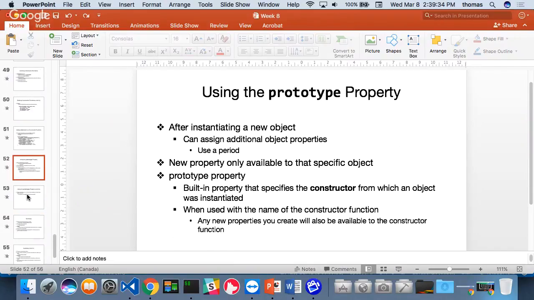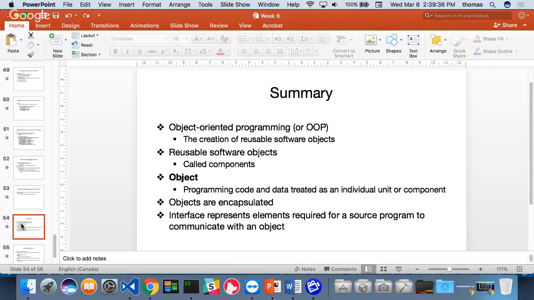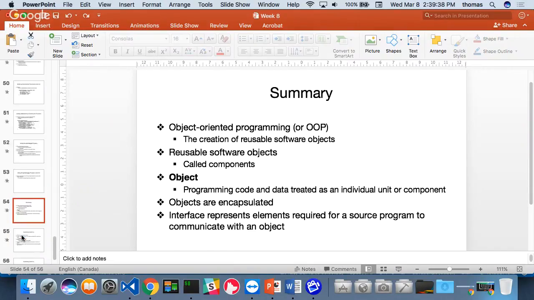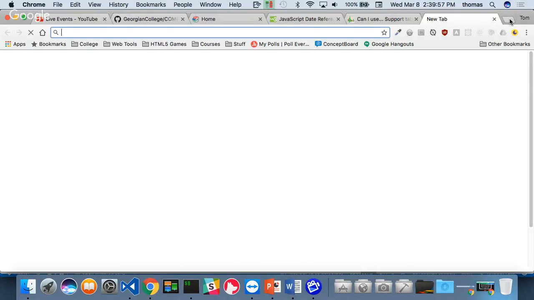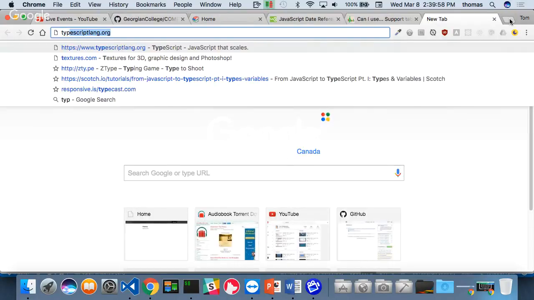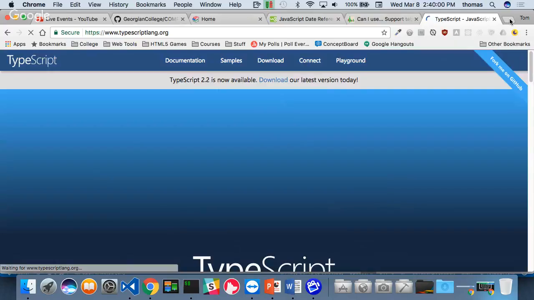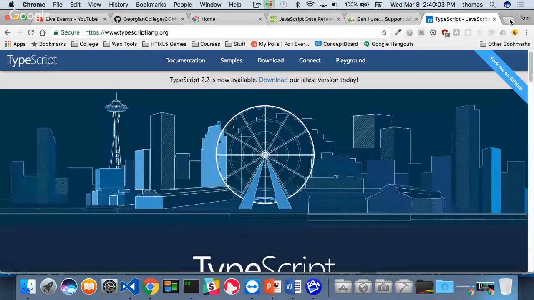Let's take a look at this prototype property and see what it looks like, right? So now it doesn't really show you the details here. One great place to see this, and I'm going to show you TypeScript at the end of this session, when we're together at the end of this semester, I'm going to show you something called TypeScript, which actually makes building classes for JavaScript easier. Let me show you this now, so you have a blueprint of how this works. You can go to a playground called typescriptlang.org. Please go there. TypeScript is a superset of